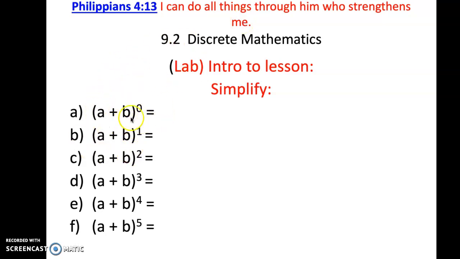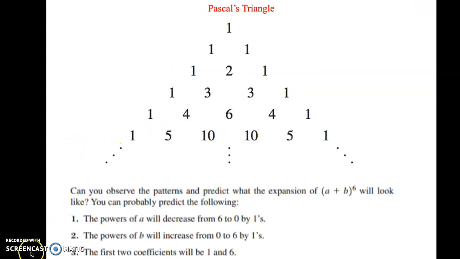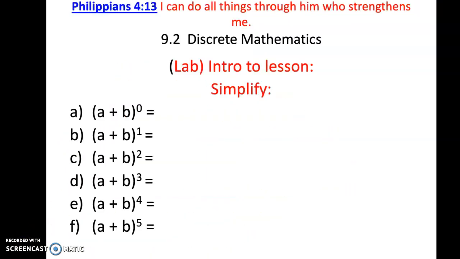All right, before we go into the lesson of 9.2, let's do a review of why it's important. If I wanted to do this operation, the quantity of a plus b to the 0 power, I would get 1. Now, a plus b to the first power. Anything to the first power is itself, so I'm just going to put coefficients in front of it. Normally we don't. It's 1a plus 1b. A plus b squared, we know the formula is going to be a squared,